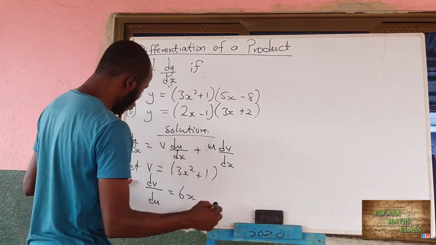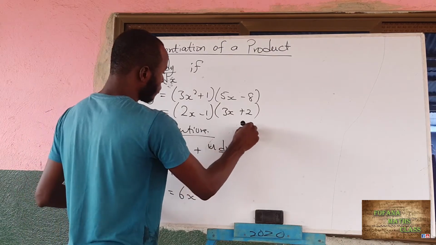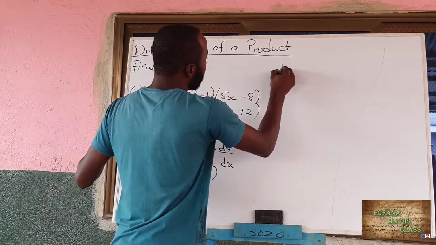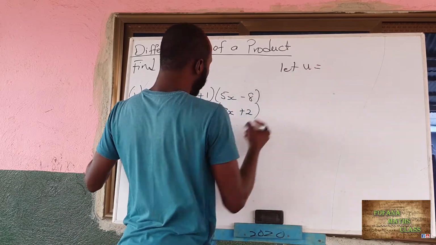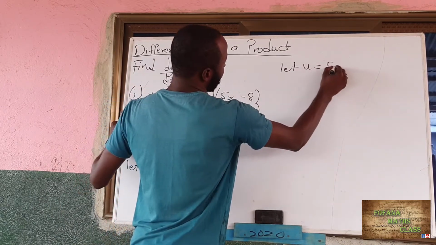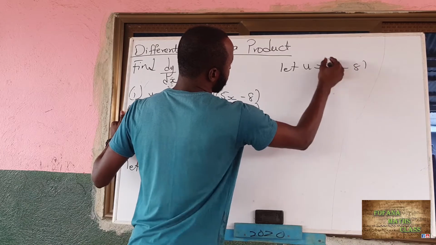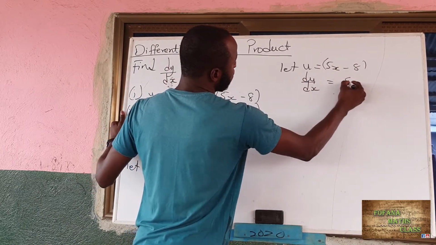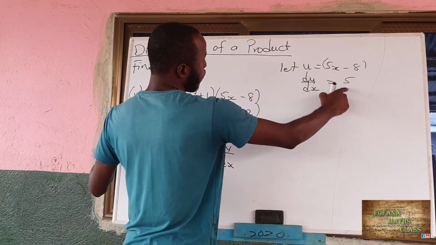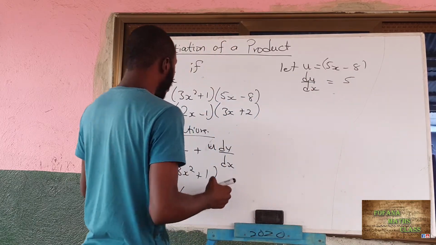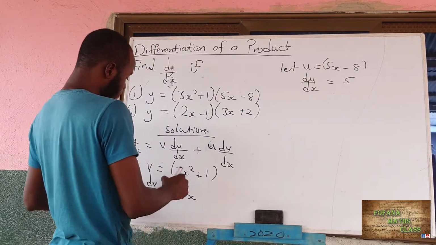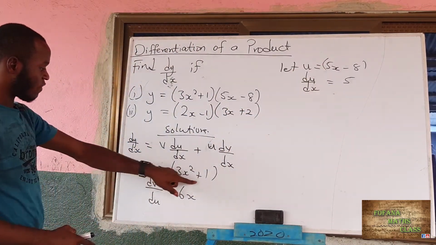And then we also let u be equal to 5x minus 8. Now du/dx will be equal to what? Just 5. So this will give you 5 and the constant will give you 0. All right, so now substituting all the variables here, substituting their values into the